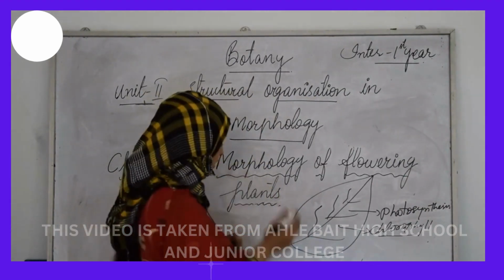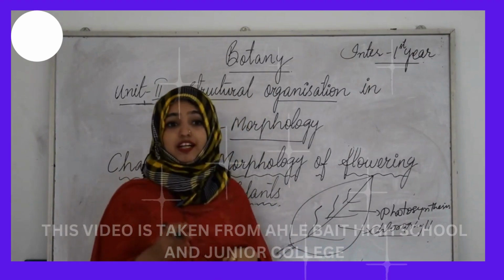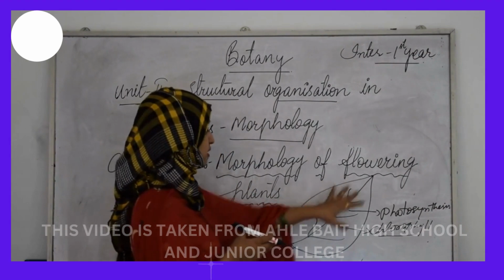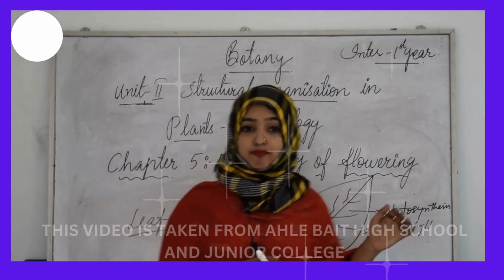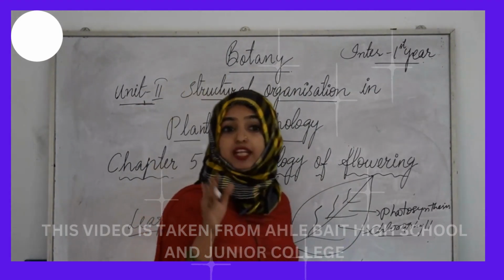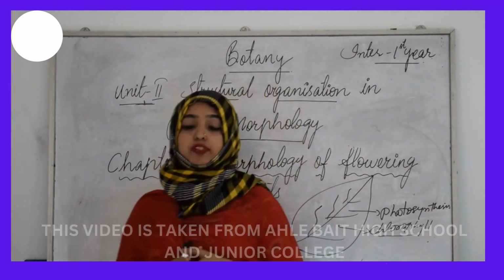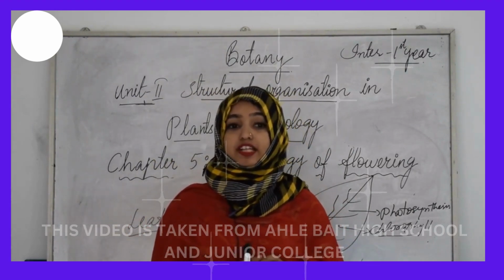That will be normally a leaf base that attaches the leaf to the stem, and the second will be the petiole, and the third one will be the lamina. Lamina will be the surface of the leaf actually, and the leaf is attached to the stem by the leaf base, as I have told you, and may bear two lateral small leaf-like structures that will be called as stipules.